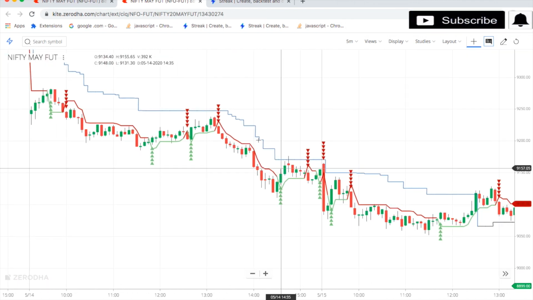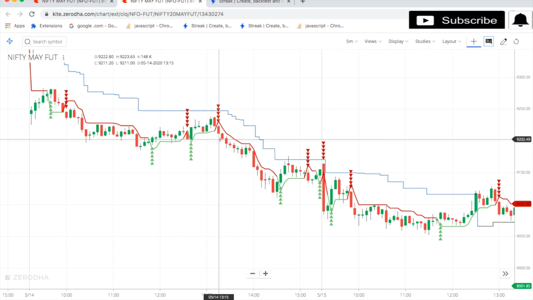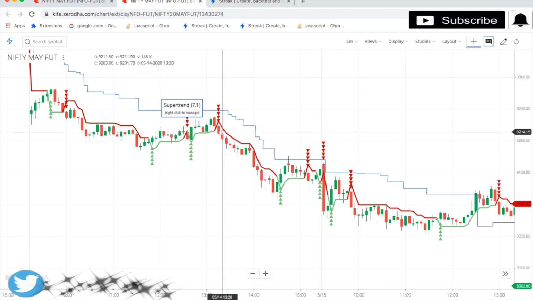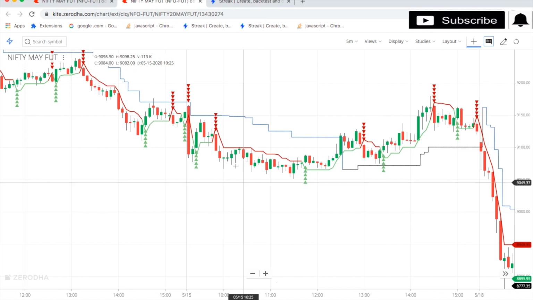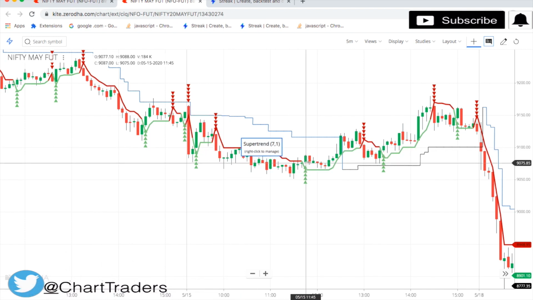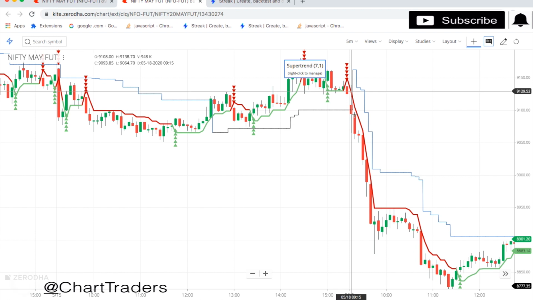As you can see here, the price is below this line and below the Supertrend also, so here you can sell at this point. You can sell below this candle, that is your selling point, and we can ride this trend up to where Supertrend generates a buy signal. There are so many setups, so many entry points. We can see here, you can sell here, this is your stop loss, this is your entry point, you can ride up to this point. You can exit at this point here also.